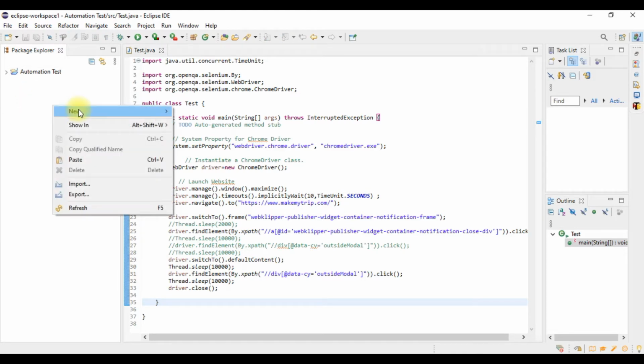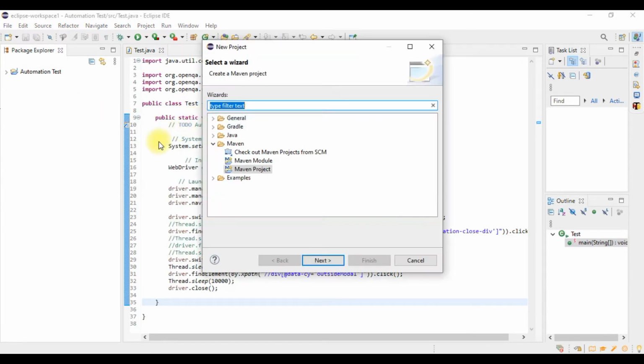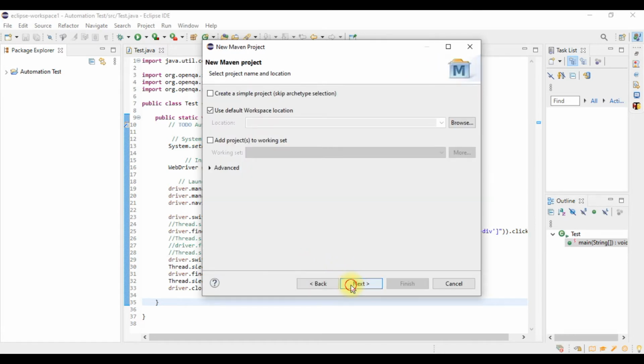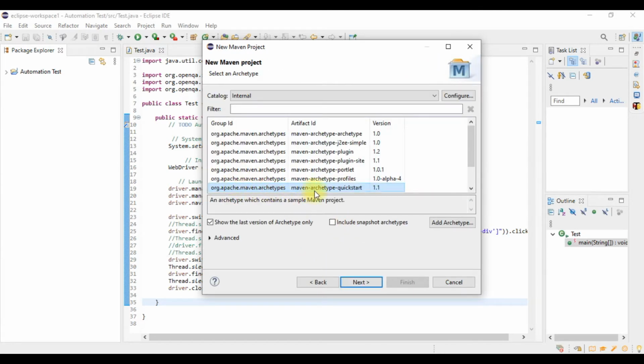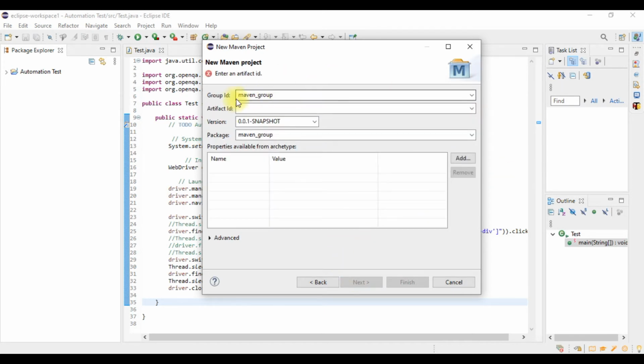So for creating, we will go to new project, and here we will select Maven project, next, and we will select this quick start template, next, and here we have to give the group ID, artifact ID and package name.